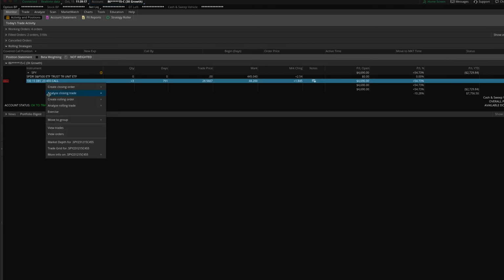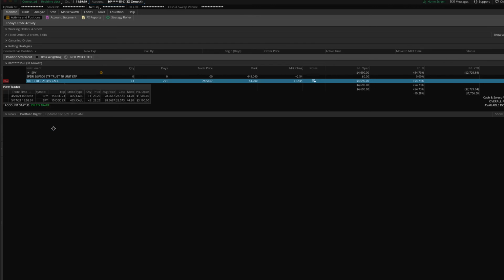Let's look at these trades real quick. I'll show you. So I placed this trade, both of these trades, I bought them at 2 separate times back in April and May. Okay, so that's what? June, July, August, September. That's 5 months ago. So in 5 months, I made $4,600. That's how much I made. So that's pretty good, right? I think that's really good